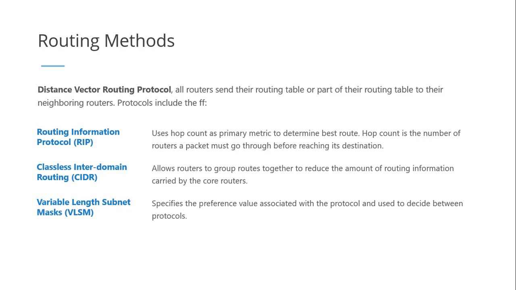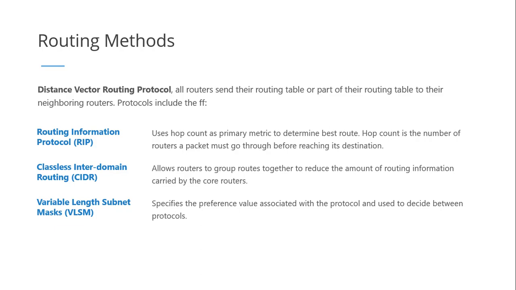So from what I can remember, it updates around every 30 seconds. And then each other router using the same routing protocol would also update all other routers, regardless if there's a change or not. Part of the distance vector routing protocol is our RIP, or routing information protocol. In RIP,